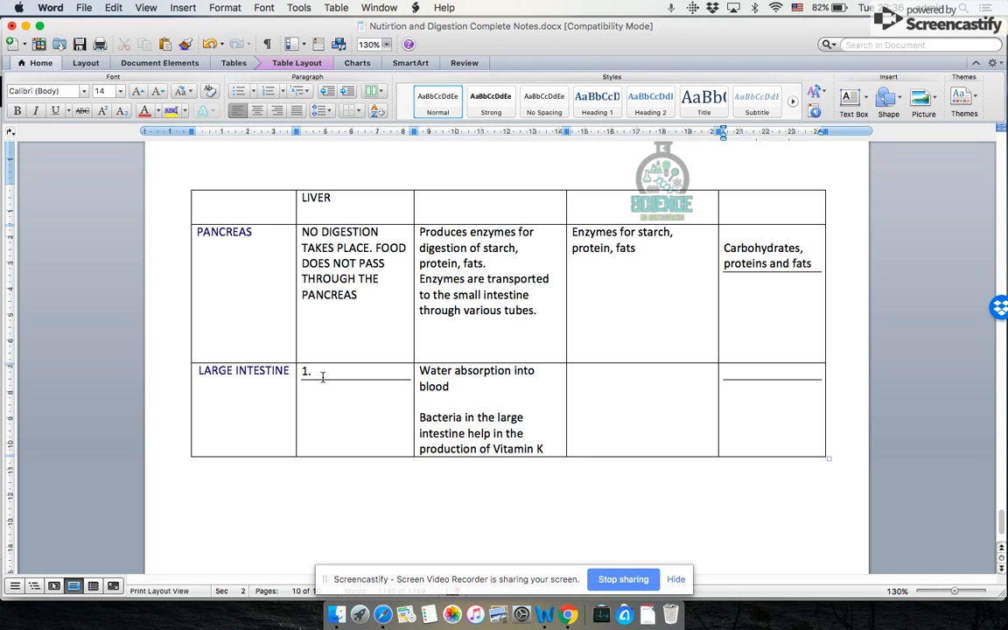Lastly, the large intestine. The large intestine is mostly responsible for absorption. It mainly absorbs water into the blood. Also in the large intestine, there are actually bacteria that we live with. These bacteria basically feed off of the waste in your large intestine and create vitamin K, which is then absorbed into your body. You may read that vitamin K is helpful in bone formation, as well as in blood clotting. In other words,